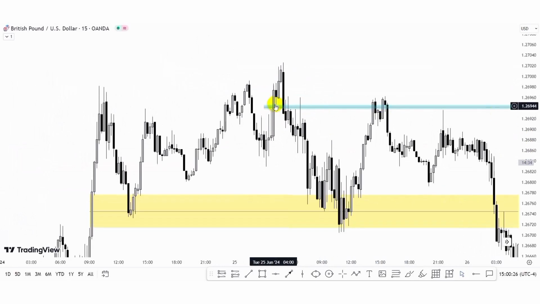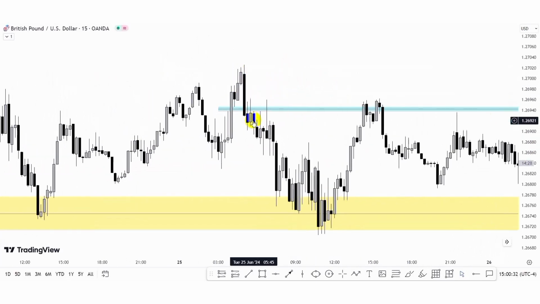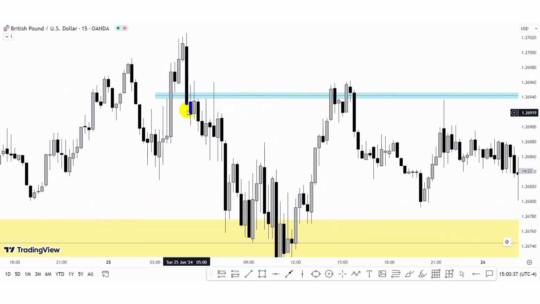Is we have this particular push of price to the upside, swept this buy side liquidity. Now we have the return of price to the downside. You can see we have this fair value gap here. Now you can see this bearish momentum pushed to the downside and then closed below the fair value